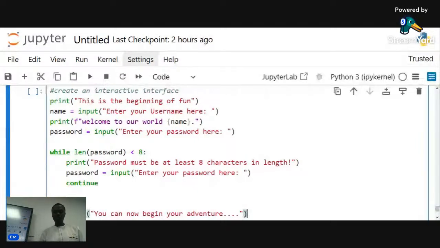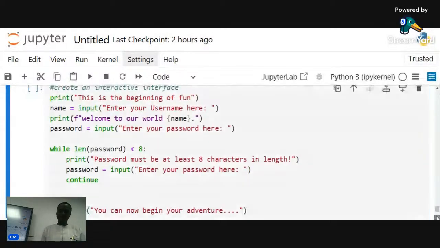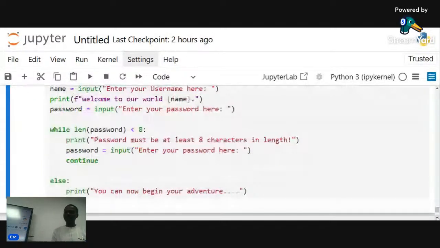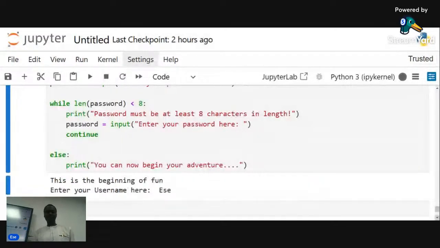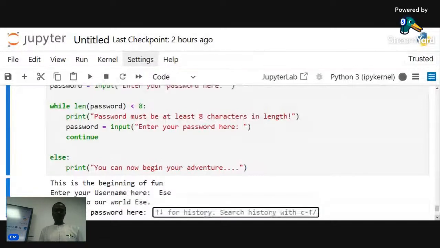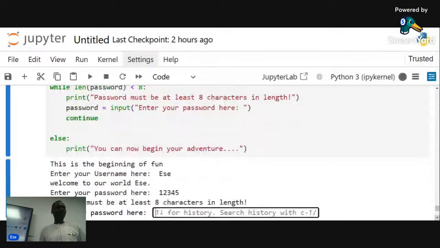Let's run this code quickly. Let's see what it will show us. Can you see? The first one says, enter your username here, right? So maybe let me just put my name, SC. I hit enter. And now it says enter your password here. Let me say 1, 2, 3, 4, 5. No, I know why I did that. Can you see what it says? Password must be